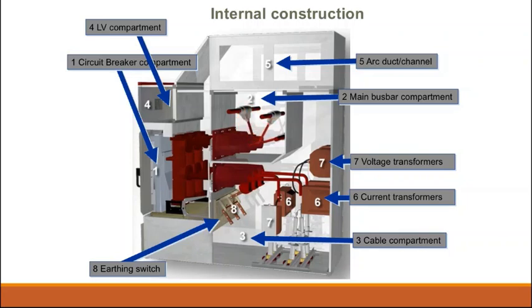If it is an incomer, the current will flow in from this cable. This is the cable compartment where the cable comes and connects. And here we require CT and VT for measurement purpose. This is the earthing switch. For example, if I want to take a shutdown for earthing purpose, the provision is available here. And this is the common bus bar which is interlinked between all the panels.